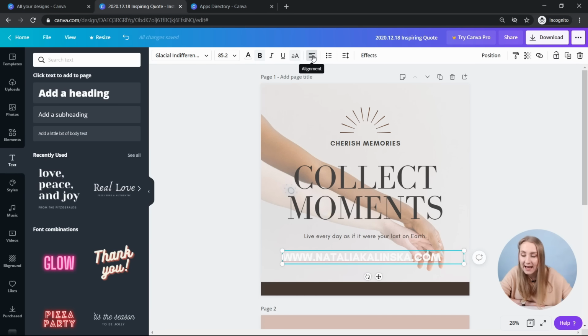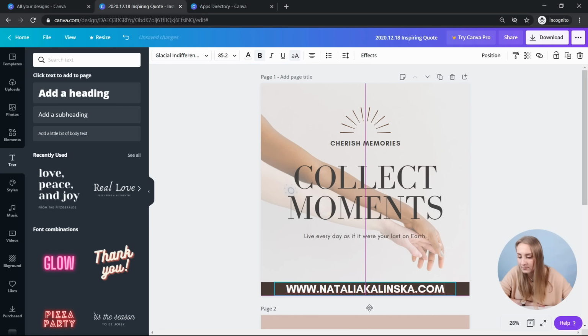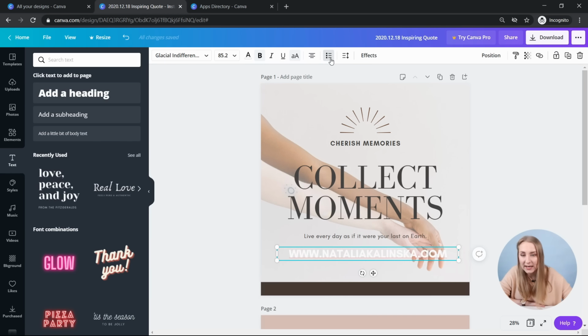So this is the alignment tab that's aligned to the left. You can obviously center it, you can make it right, or you can just adjust. So that's like this. And I can drag it in here. Other options are list, so you can list it. I can number it as well, so it's quite neat if you're putting some more information on a text.